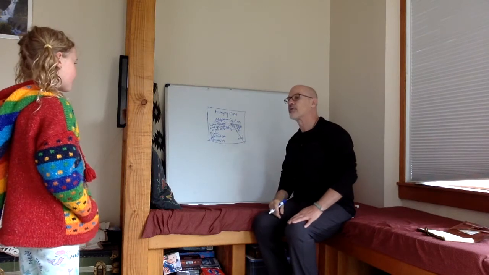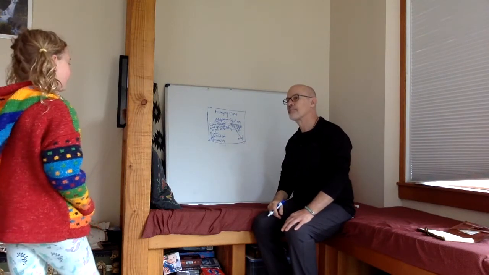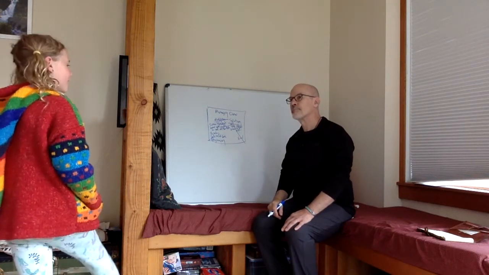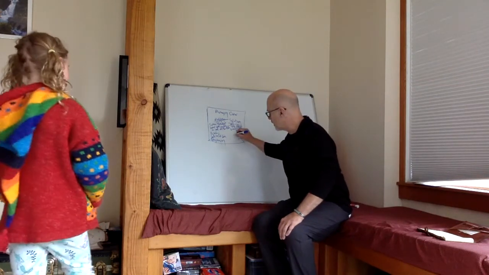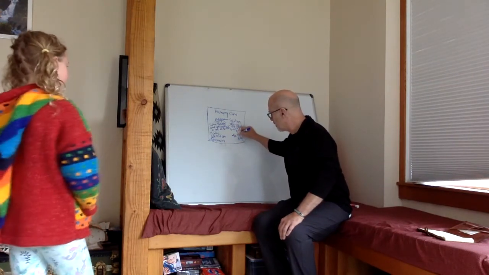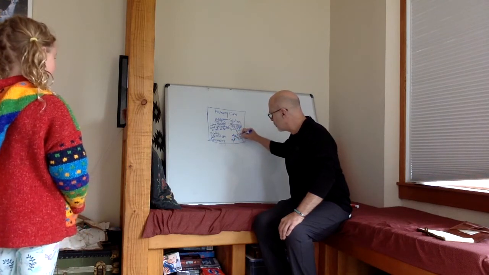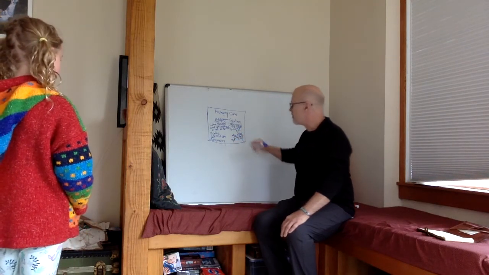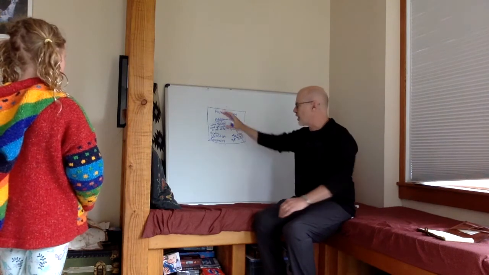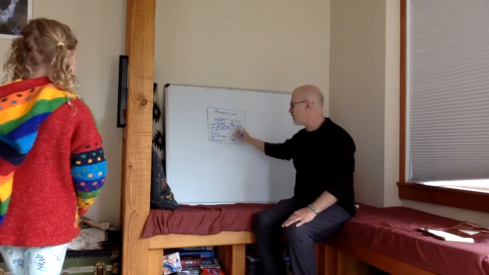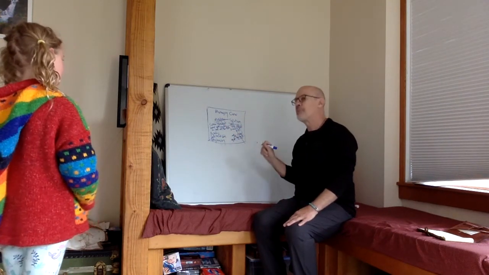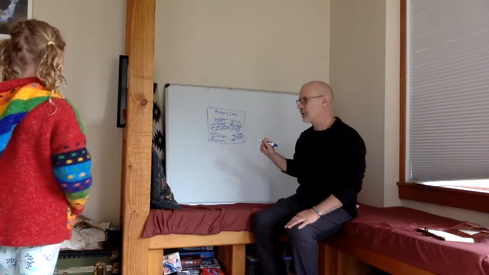What happened at the end of the story? The crow got to eat. The crow got to eat. Yep. And when you do a visual portrait, I should have made this a little bigger because I didn't leave much space here. But you should draw a picture to remind you of the story, okay?